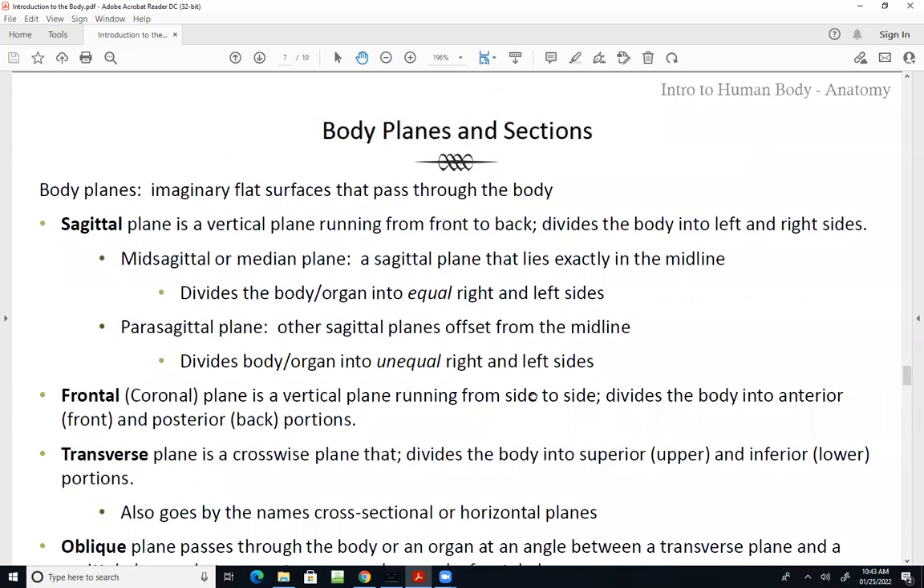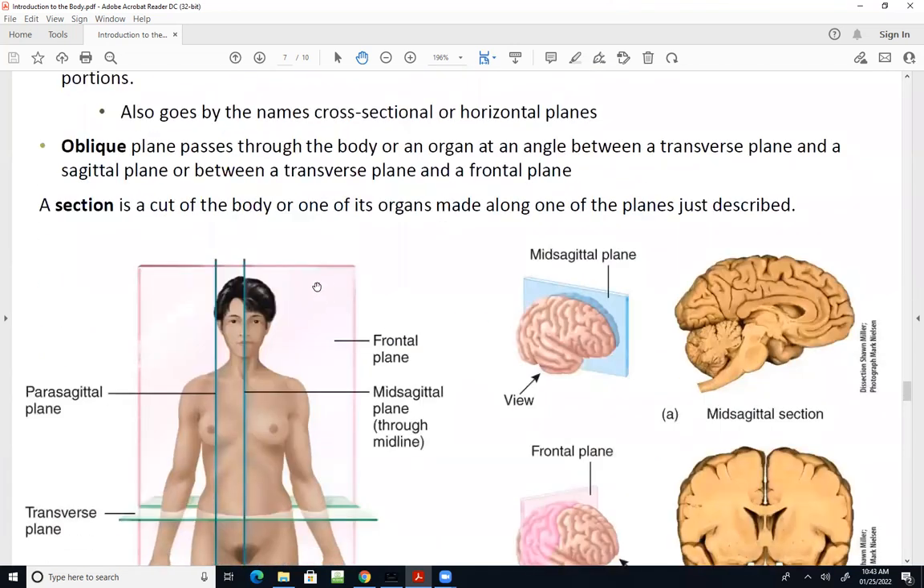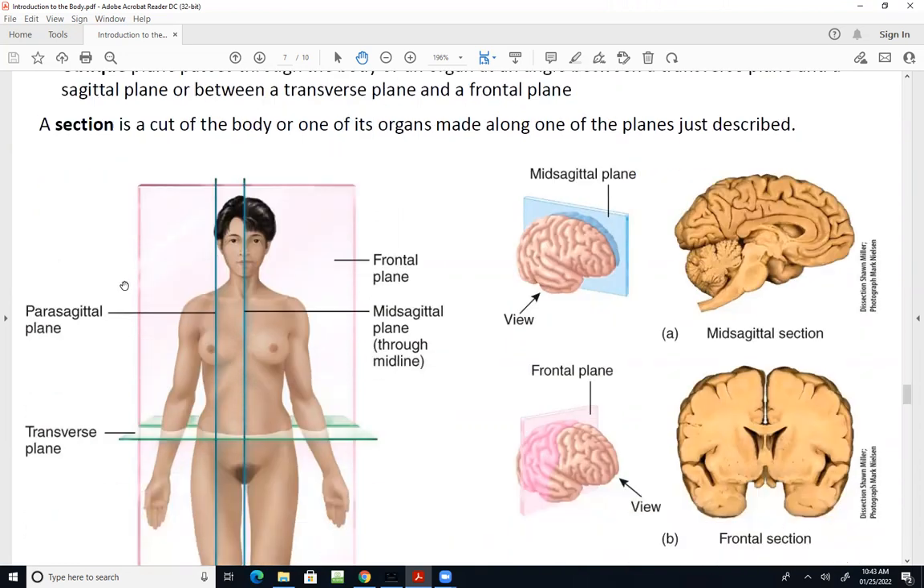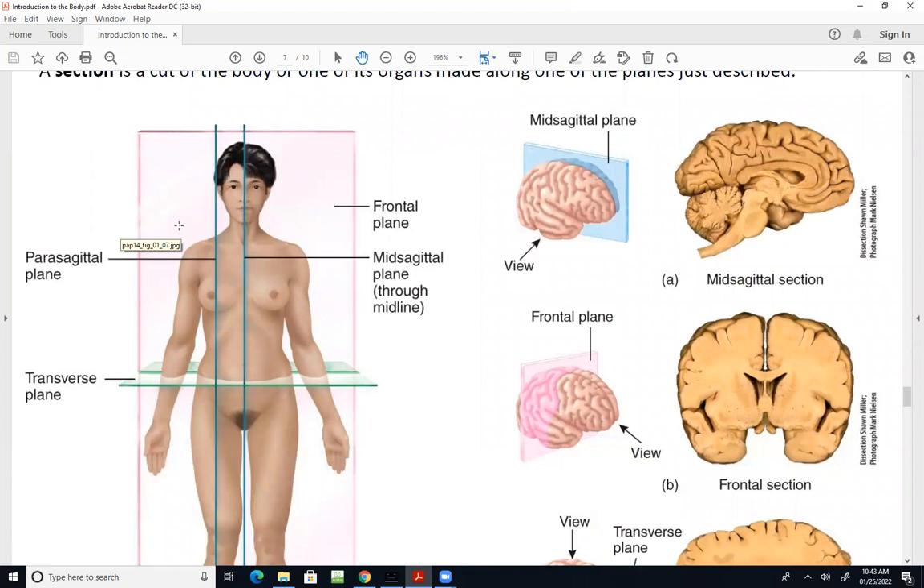All right, let's talk about body planes. Body planes are imaginary flat surfaces that pass through the body. Think of them, if you want, like a pane of glass, where you could view the body in these different ways, like straight on, an anterior or frontal view, like what you show here. Or if you turn the body 90 degrees, you can look at it from the side and view it using that